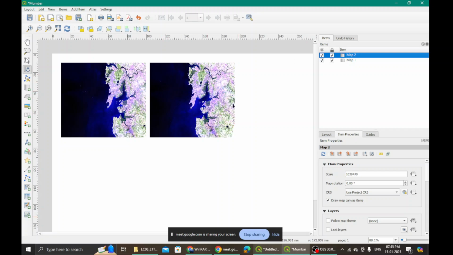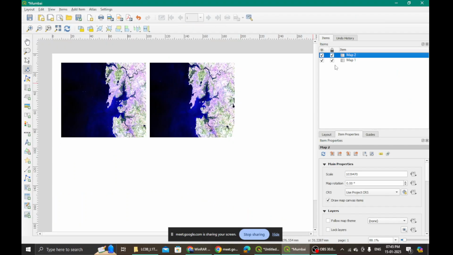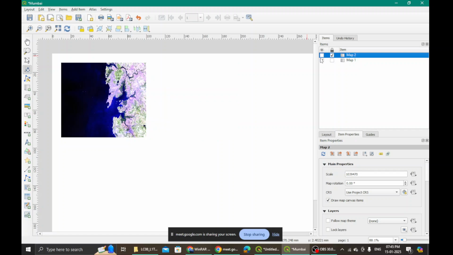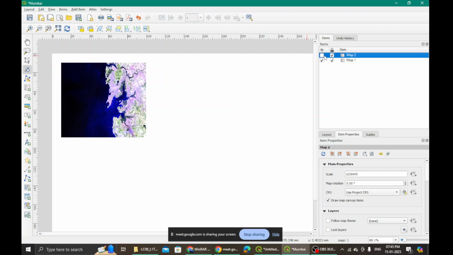Okay, now done. Now I can lock these maps so that I won't change them, but both of them right now are showing the same band composition, which is 764. So I know that my map 2 is this, right? So I will lock that particular map. Okay, map 2, you see a small lock there, I have locked it. That means I won't be able to make any changes to it. Let's make it invisible also. Oh, this is map 2. My god. This is map 1.